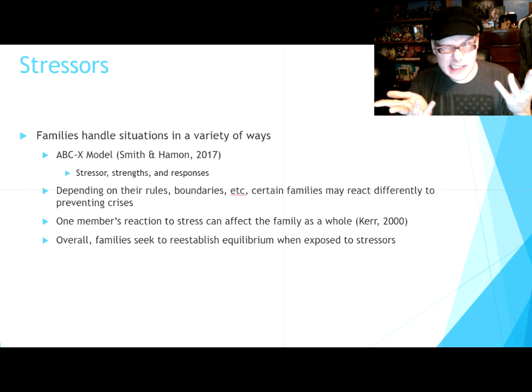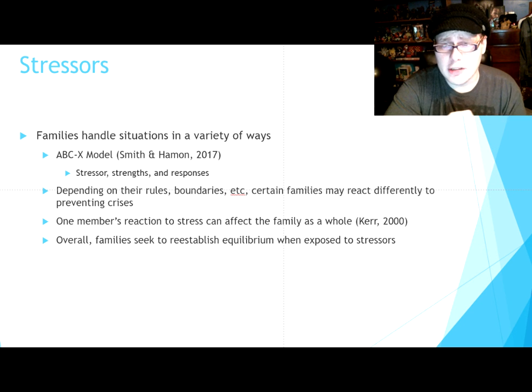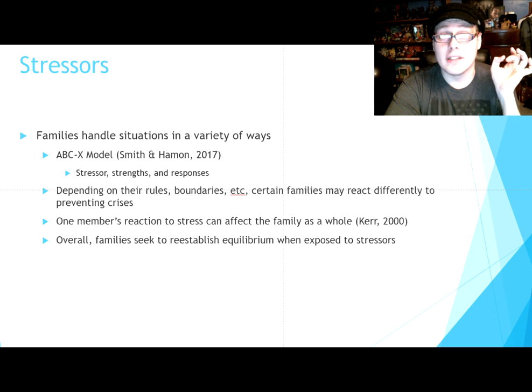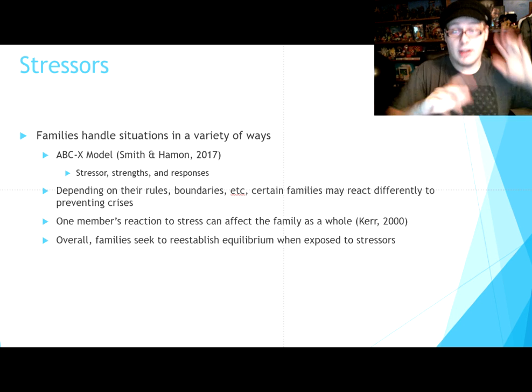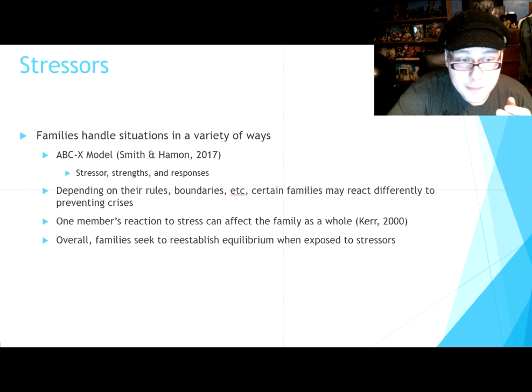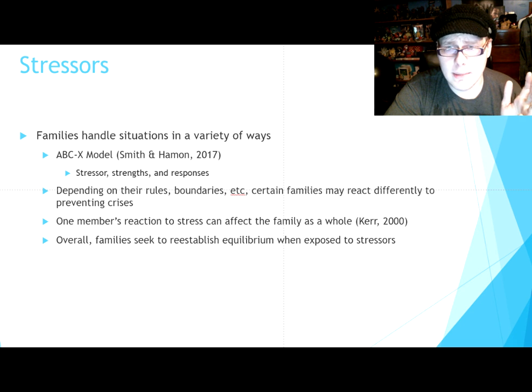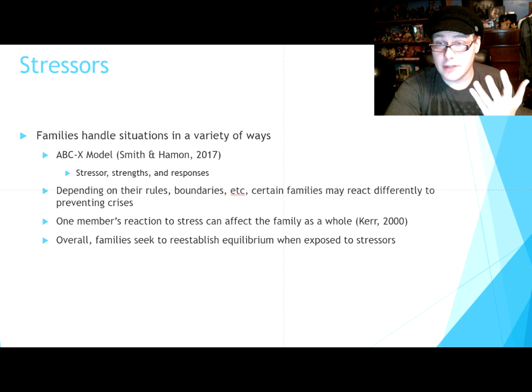That's symbolic to how the family's going to work. A problem happens with one person in that family, the whole family is going to get affected. If there's a crisis involved, there it goes. There goes everything. It's not always a crisis, but handling the crisis, that's how it affects the family.